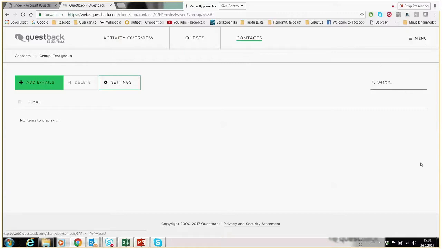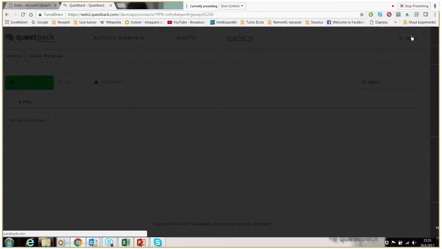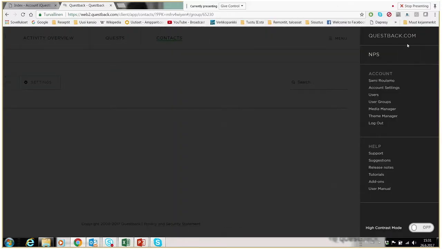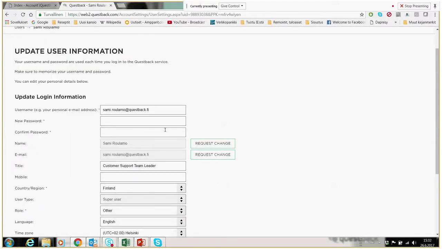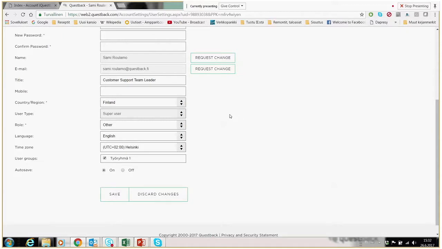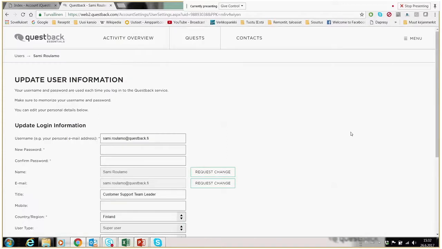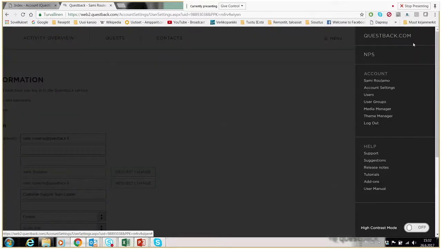In the top right corner, you have a menu. If we go there, first of all, of course, you can get to our web page. You might have a separate NPS section there. Then you'll have your own details, of course, behind your own name. So you can set up your username, change your password, the usual stuff, change your personal settings, country, etc. So those are your own settings, and then you will have account settings as well, just general account settings, nothing really that